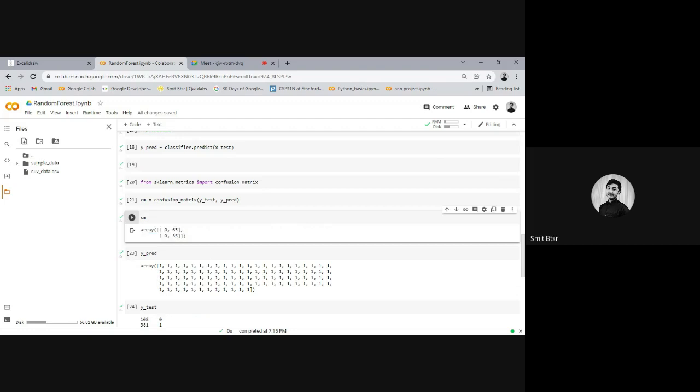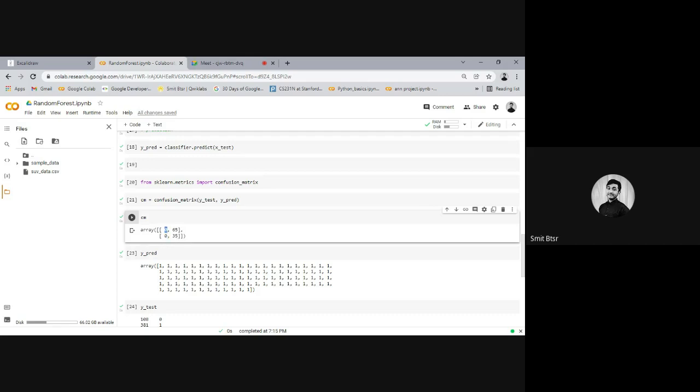This is called the confusion matrix, with true predictions and false predictions. It's really confusing. Let's say 1 and 0 are positive and negative, so 0 is negative and 1 is positive. So true negative means true zeros.